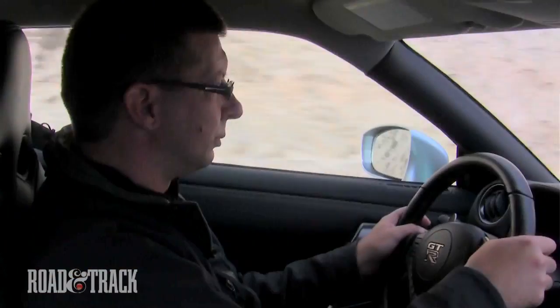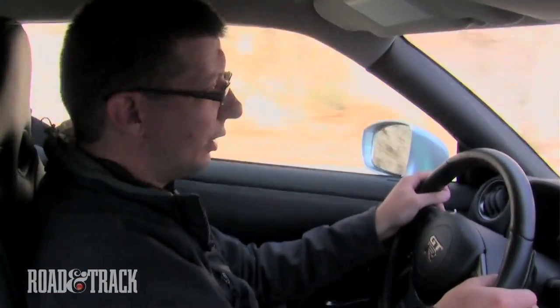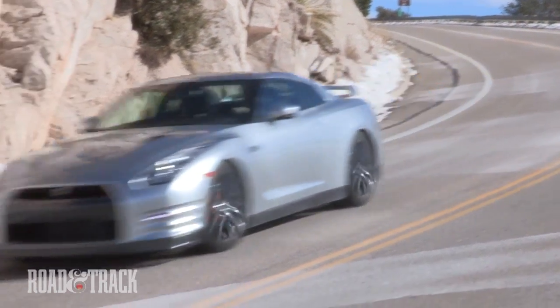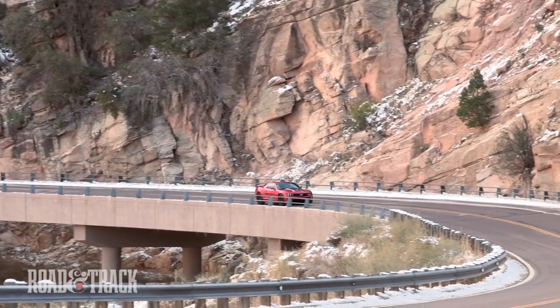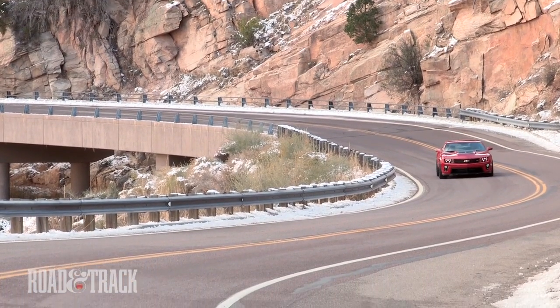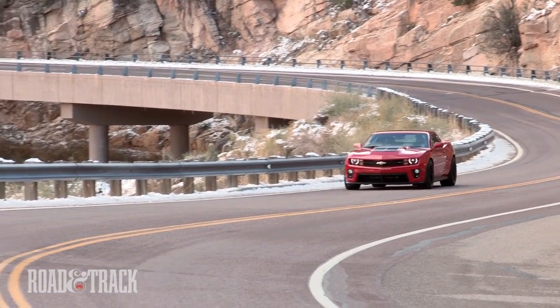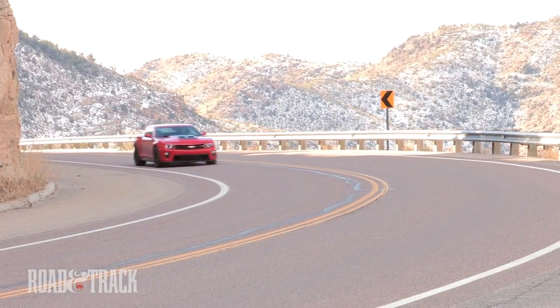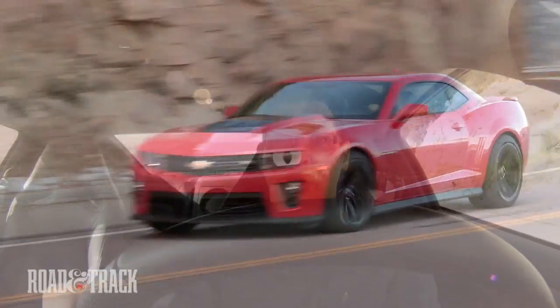Out here on the road, the Nissan GT-R drives fairly well. It feels quite stiff, quite solid, as it has in many of our past reviews. And in comparison to the ZL1 is much more comfortable. I wouldn't go far as to saying it's plush, but it just has that softness and quietness and the low revving V8. When you're loping along up a mountain road, you can just leave it in 3rd or 4th gear and